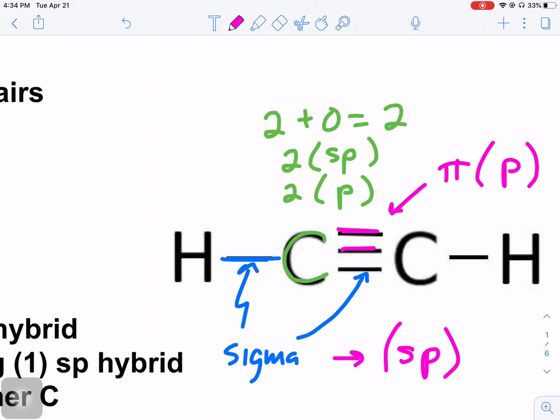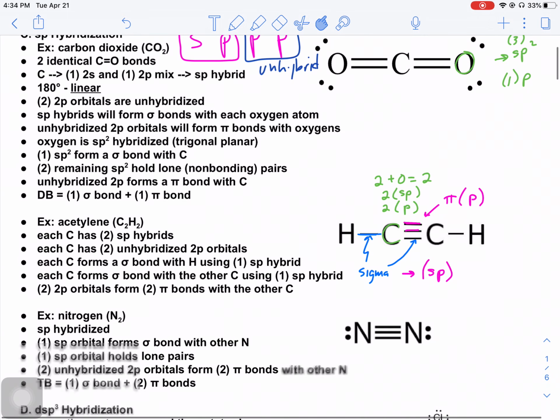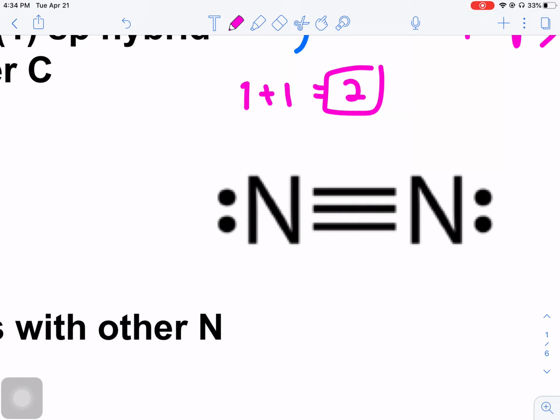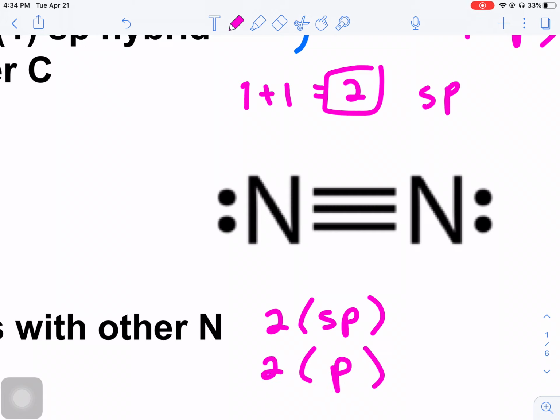All right, let's look at another example. I think examples are one of the best ways to understand this. Okay, nitrogen. So take a look at nitrogen. Nitrogen has one neighbor. Nitrogen has one unshared pair. So nitrogen has two effective pairs. That tells me that it is sp hybridized. So in the case of nitrogen, nitrogen has two sp hybrid orbitals, and nitrogen has two p orbitals that are